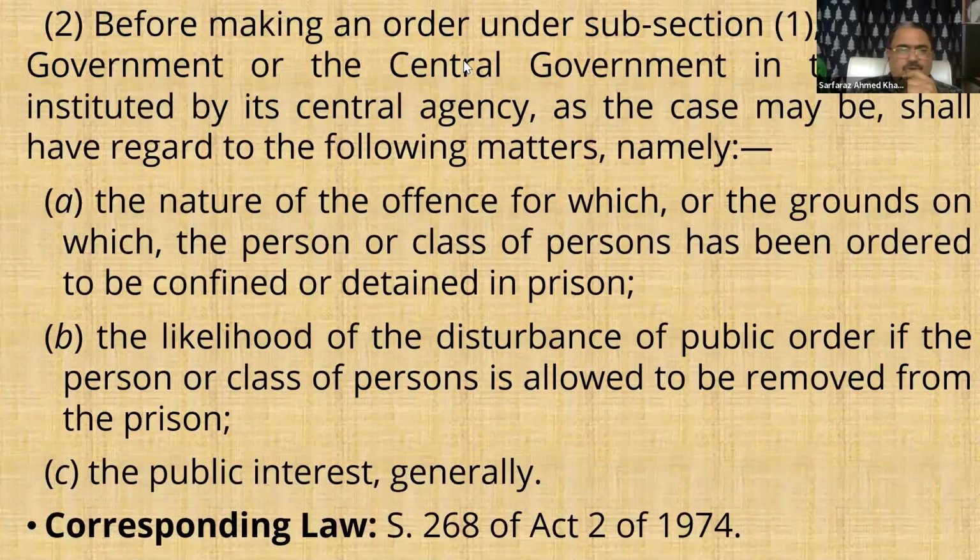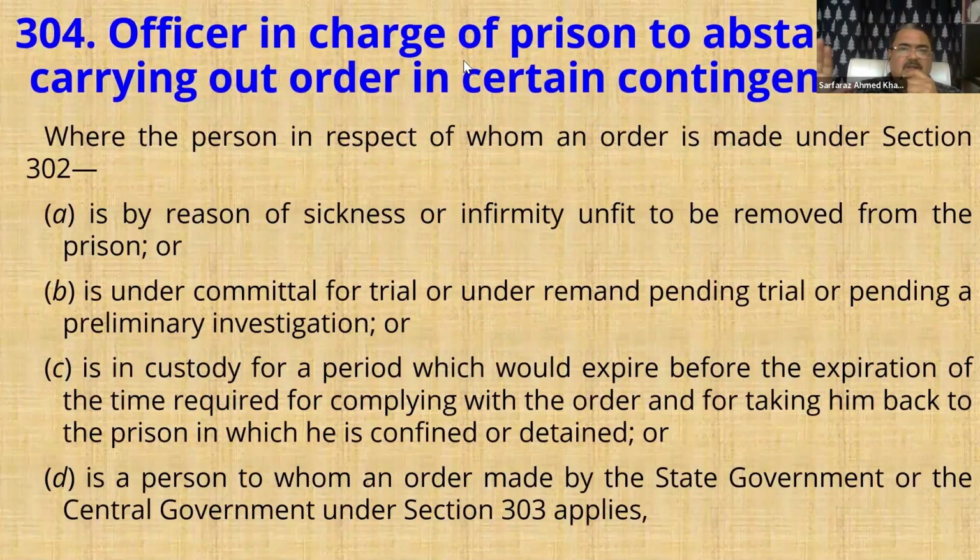Then these procedural requirements are there. Section 304 talks about the officer in charge of the prison abstaining from carrying out an order in certain contingencies, like sickness, infirmity or unfitness, committal for trial, or being in custody for a period which expires before the expiration of the time. Persons to whom an order made by the state government or the central government under section 303,